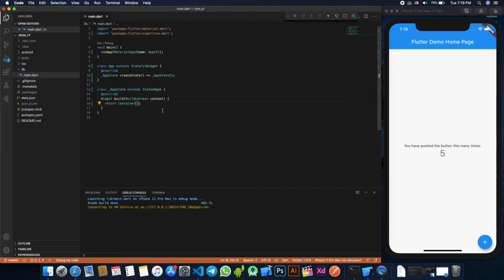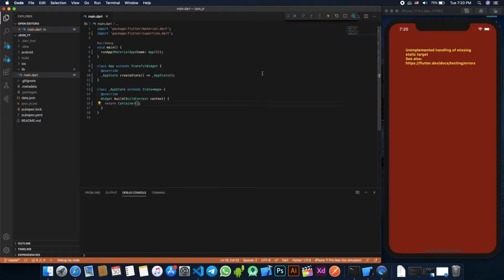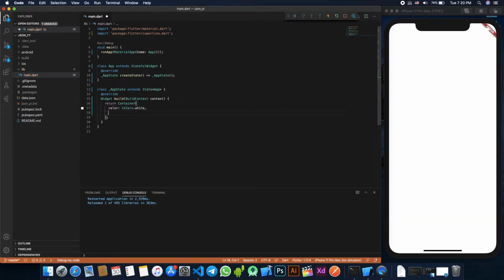I want to save this. Hopefully I don't have to re-render it. I'm just going to reload it. Hopefully that works. Okay, it works. Now set the color to colors.white. Awesome. And the child, I don't want a child yet.